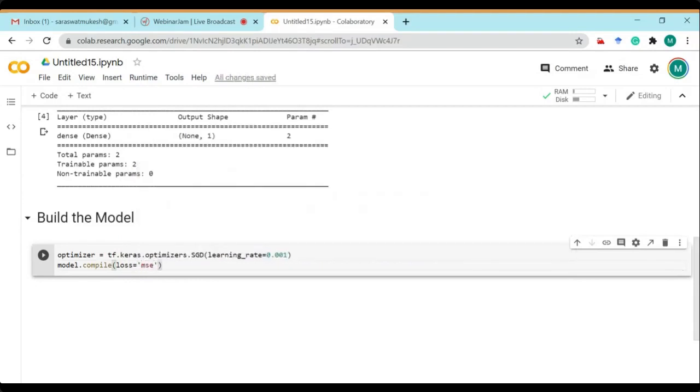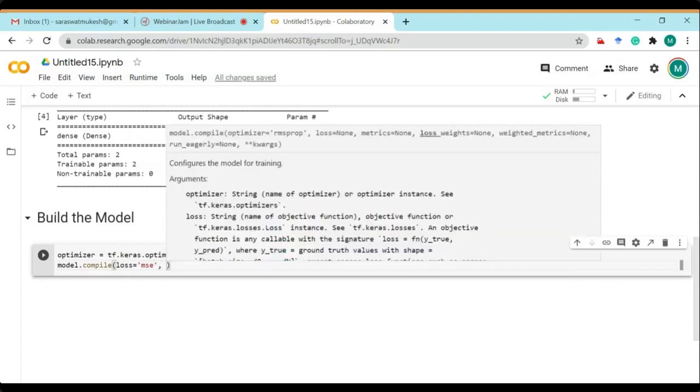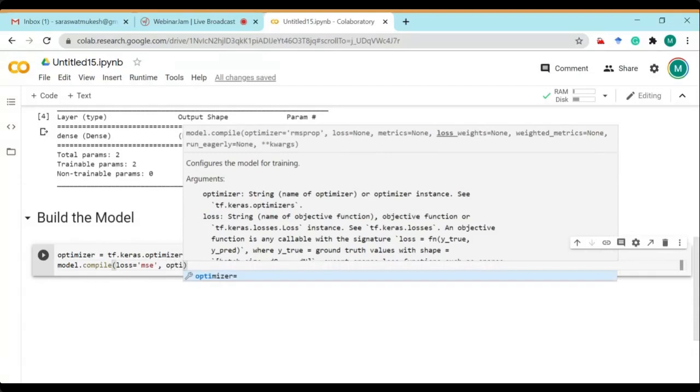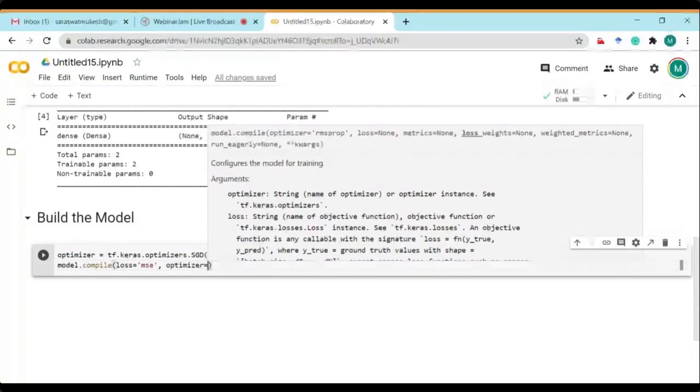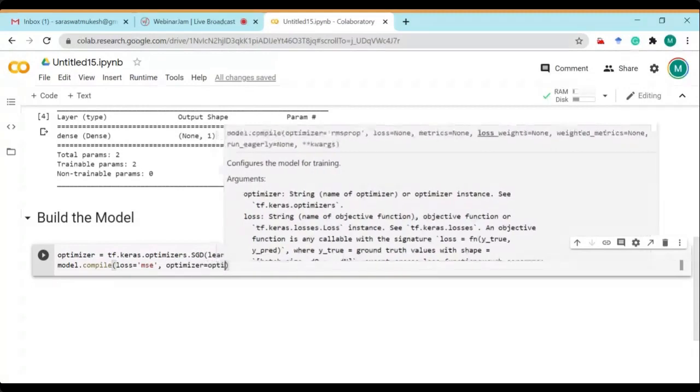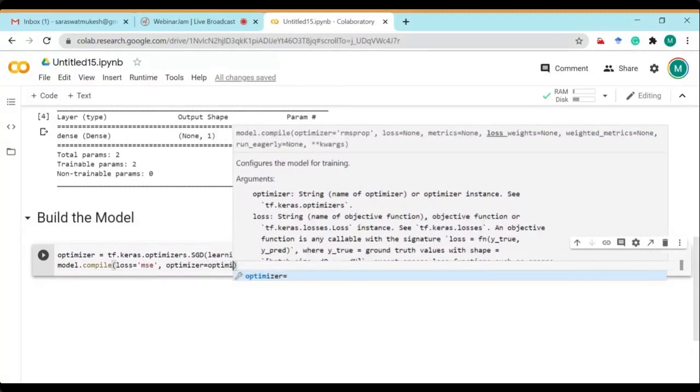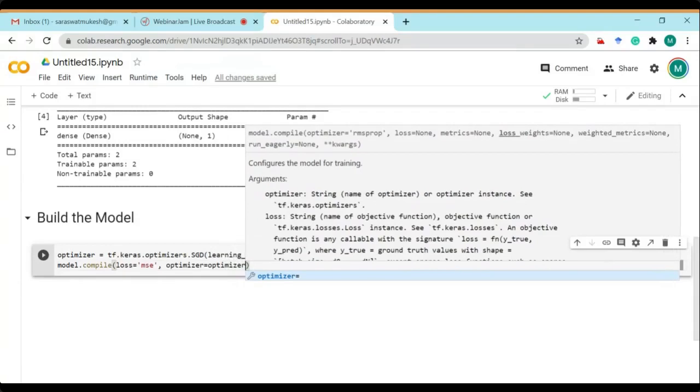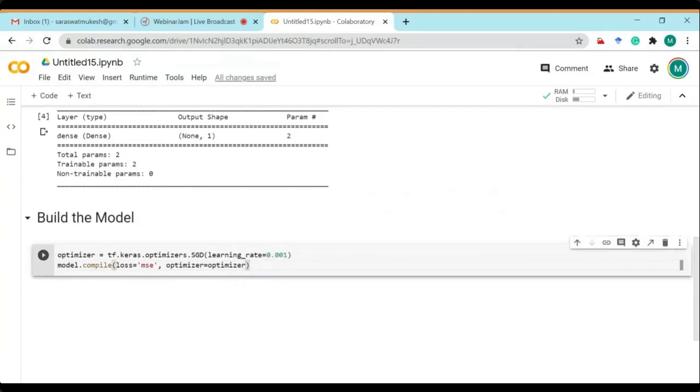These are already defined. Then, comma, we have to give the optimizer to compile with. We have already defined it and named it optimizer, so we write optimizer here.